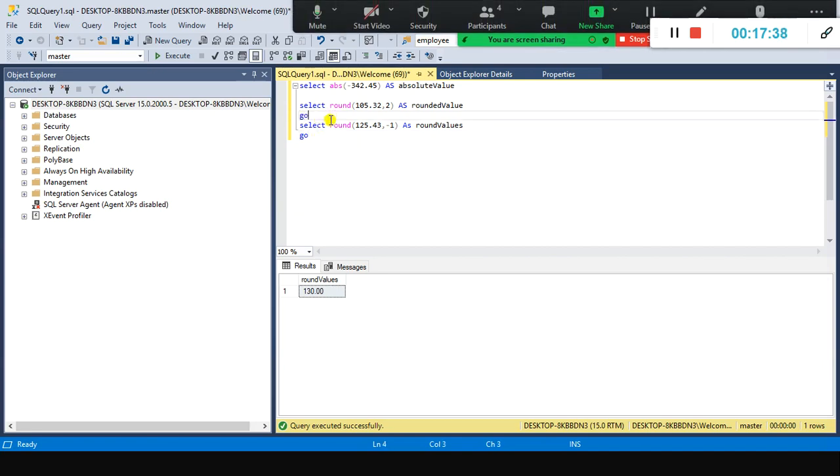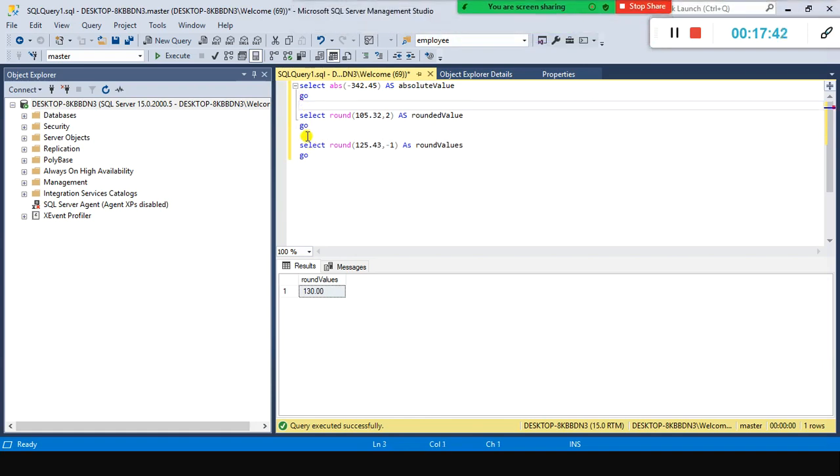Let me do one thing here. I just use GO here, so that it should not consider everything as a single batch. All these 3 are different batches. If you use GO, it will consider the batch, and the entire set of scripts will be sent to your database engine in one go.